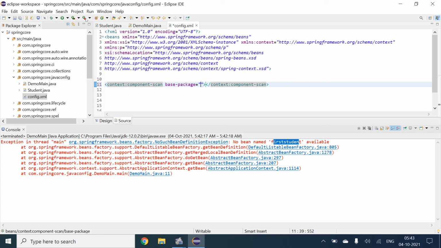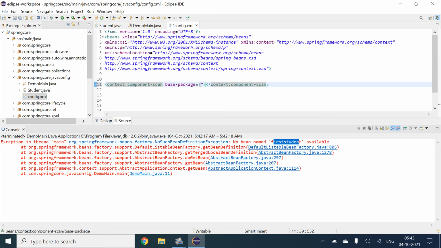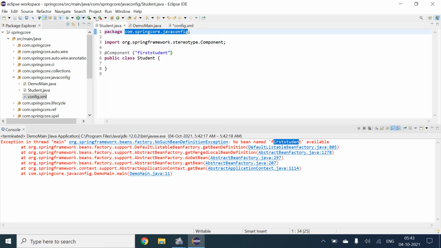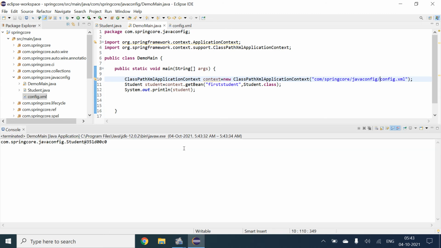We will copy it and paste it here. So now, if we run the program, it will successfully run. So yeah, now our class is running successfully.